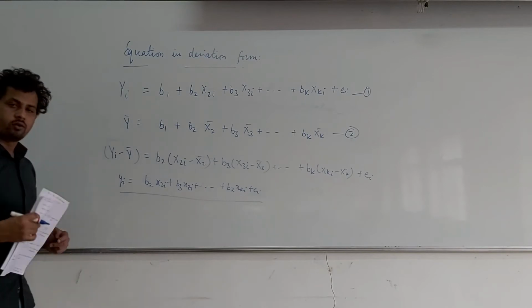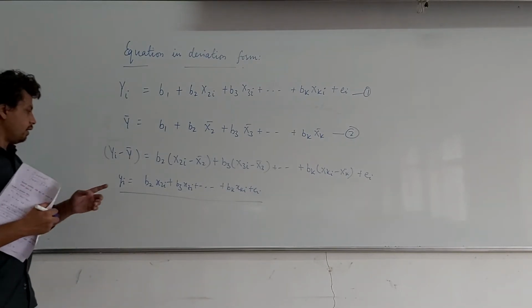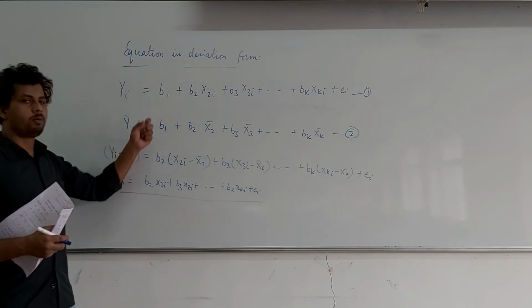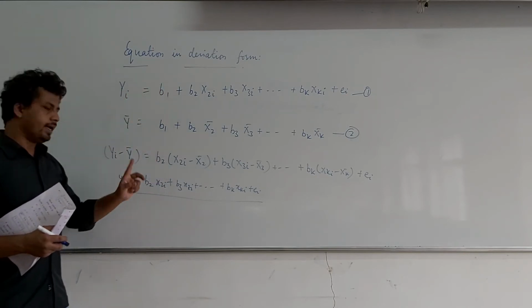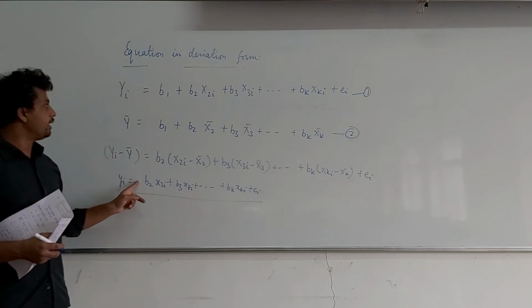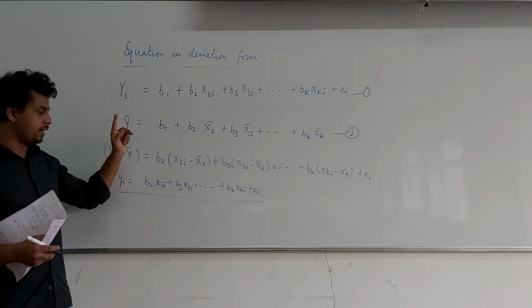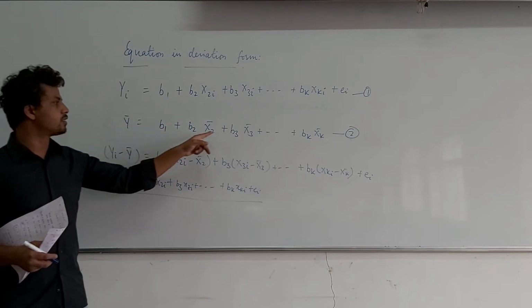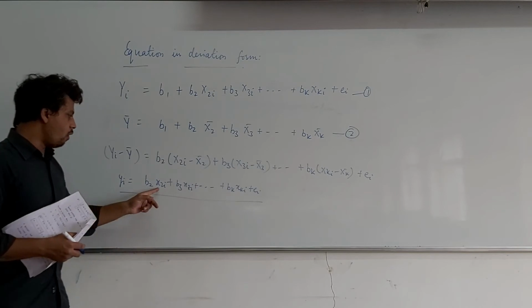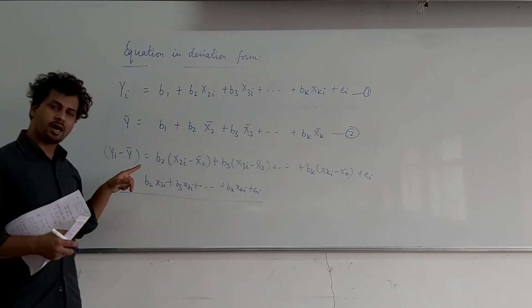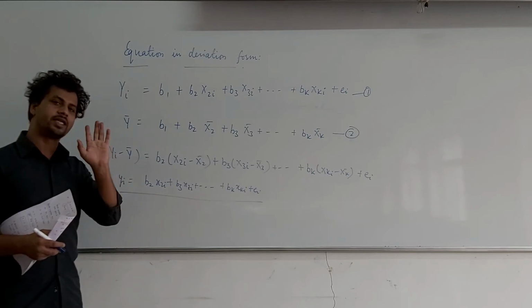An important point to note over here is that the coefficients do not change, they remain the same in both the forms of equations, right? In equations in deviation form you do not have any intercept term, but the intercept term can definitely be obtained through equation 2, where you write b1 as y bar minus all these terms, and all these small letter terms should tell you that they all are observations expressed in deviation form.